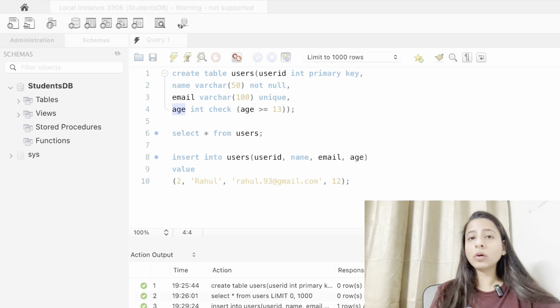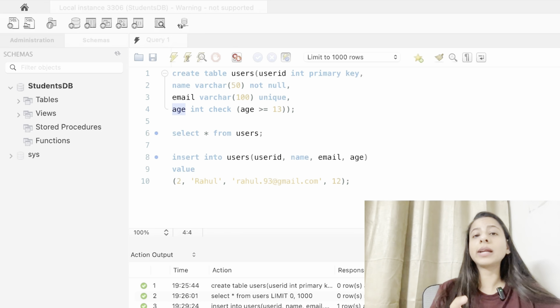And we even saw in the previous examples where we were trying to insert the same record twice, because in the definition we defined the user ID as a primary key. We were safe, and SQL threw the error that this cannot happen because there is a primary key constraint available on the user ID.